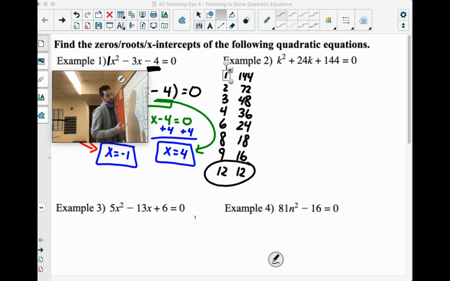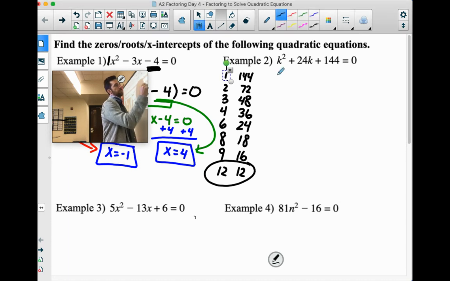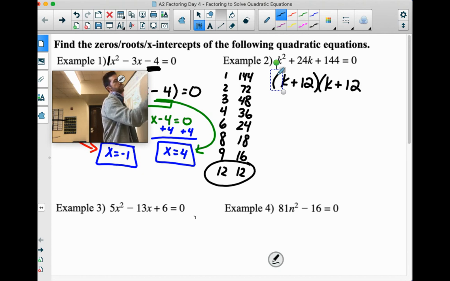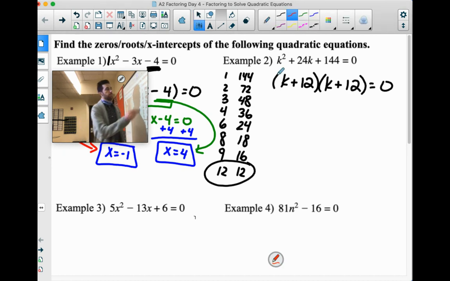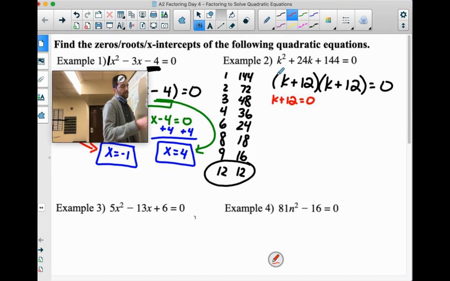So we figured out our factors are 12 and 12. That'll get us that 24 in the middle. So it would be both positive, k plus 12 and k plus 12 equals 0. Now again, we could set up our two equations here. We could say k plus 12 equals 0 and k plus 12 equals 0, but we really don't even need to do that